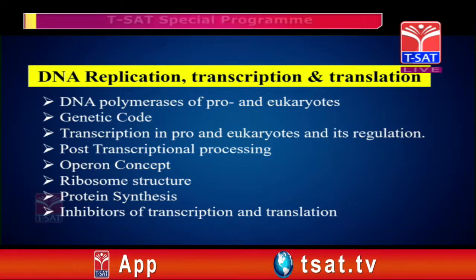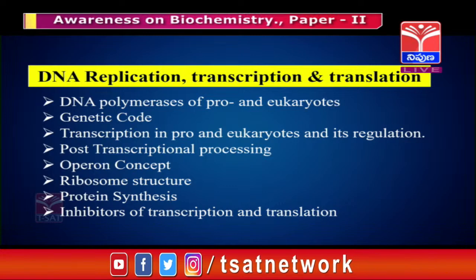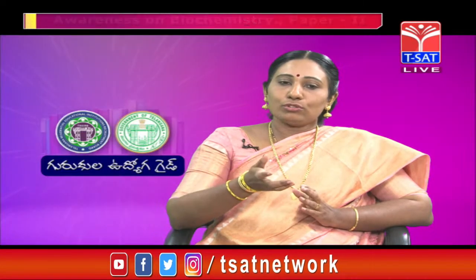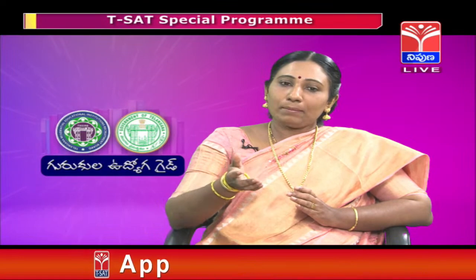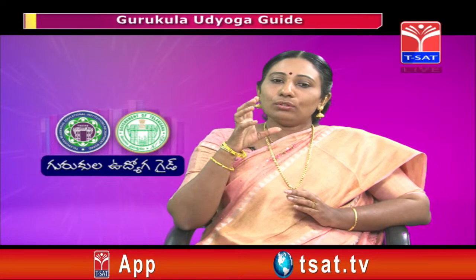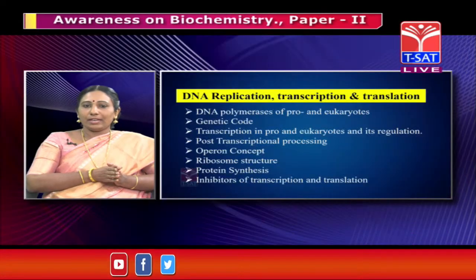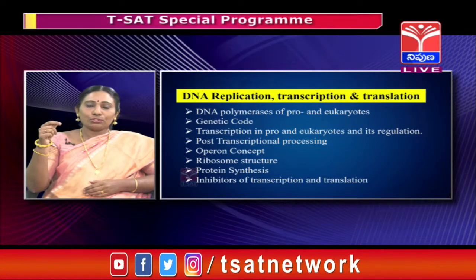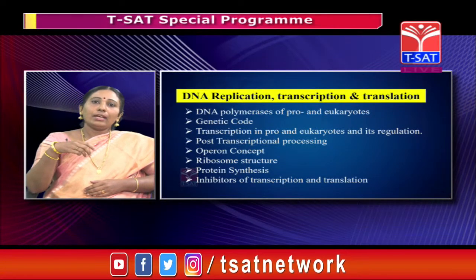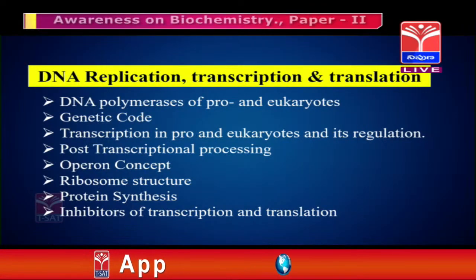And then we have translation, which is nothing but the process of synthesis of proteins, and the process of synthesis of proteins includes the ribosomes, the mRNA, the amino acids and tRNA. So, we have to have an idea about what type of ribosomes are used in prokaryotic translation, what type of ribosomes are used in eukaryotic translation, and what are the different types of amino acyl tRNAs, what is the initiation